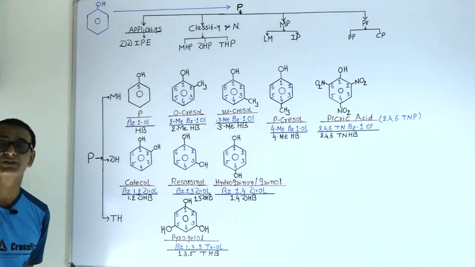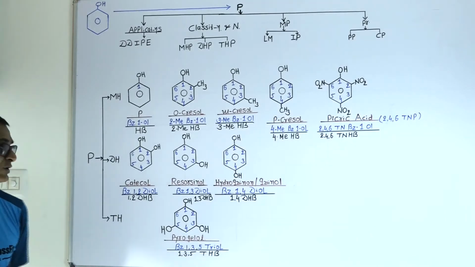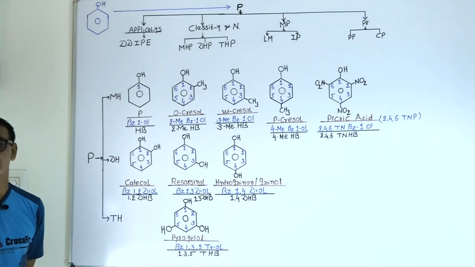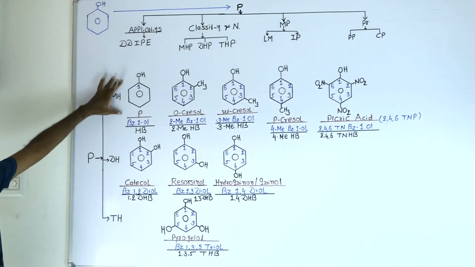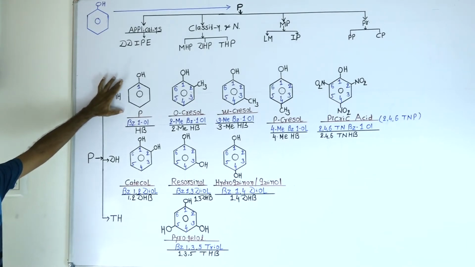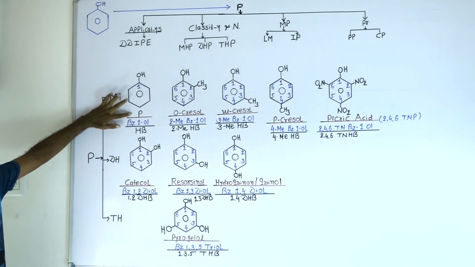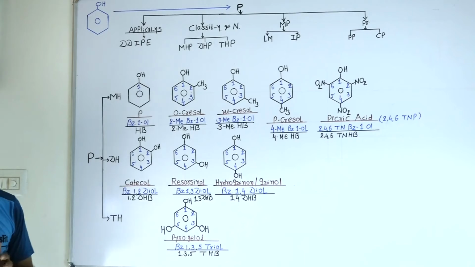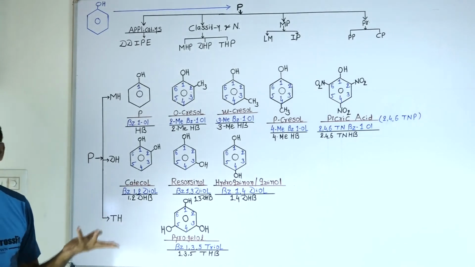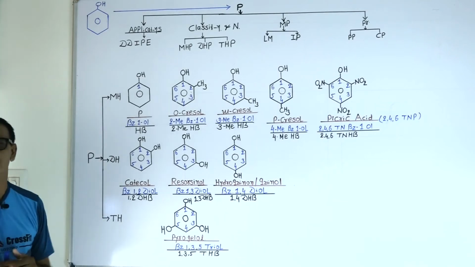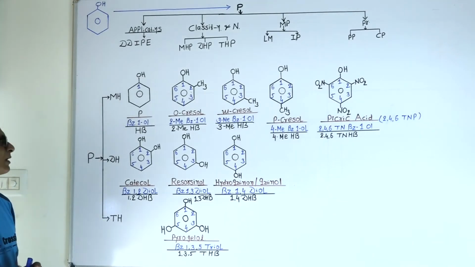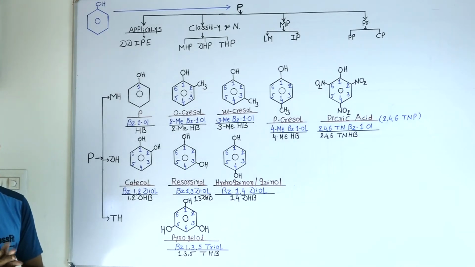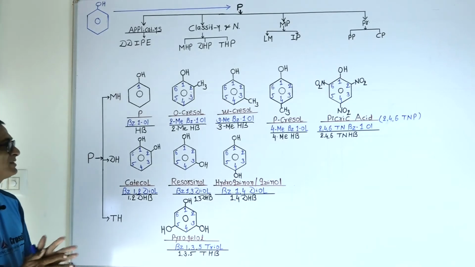Okay. Now the nomenclature. There are two methods which are used for the nomenclature of phenol. First one is the common method, second one is the IUPAC method. Yes, benzene having OH. The common name is phenol. Benz-1-ol: one OH group is present on the first carbon. You can give the numbering or not, since there is only one OH group. The IUPAC name is benz-1-ol; the second IUPAC name is hydroxybenzene.